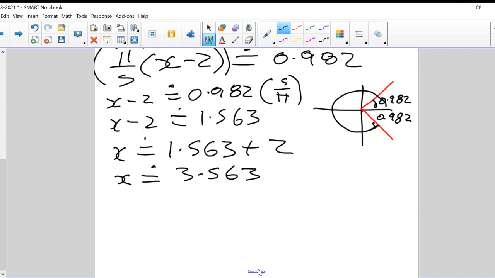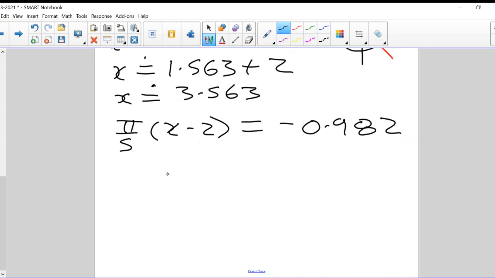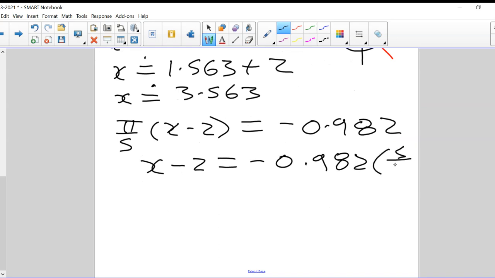I'm going to do the same calculation again and say pi over 5 x minus 2 is equal to minus 0.982. We're going to go through all the stuff we just did using this instead. So it's going to be x minus 2 is equal to negative 0.982 times 5 over pi. All of these are approximate answers. And therefore, x is equal to negative 0.982 times 5 over pi